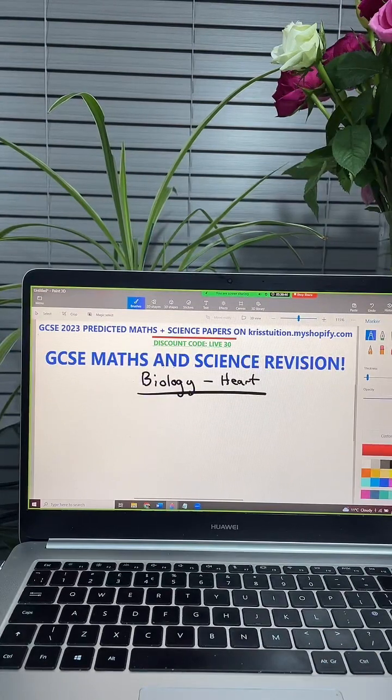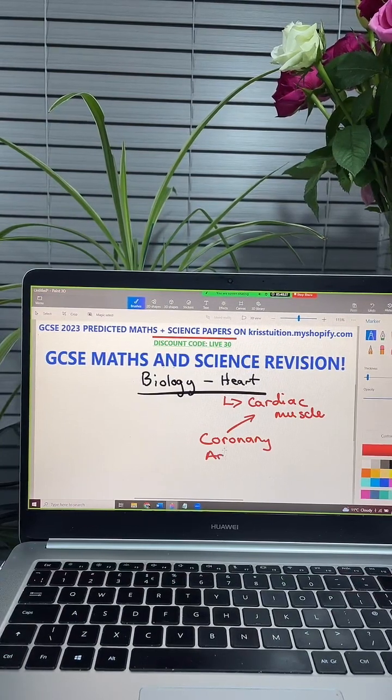GCSE heart. So we should know that heart cells are made up of cardiac muscle, okay? Cardiac muscle, and this is a type of cell which contracts continuously. We should know that this cardiac muscle is supplied with oxygenated blood. Can anyone tell me what supplies the cardiac muscle with oxygenated blood? Which blood vessels do that? It is the